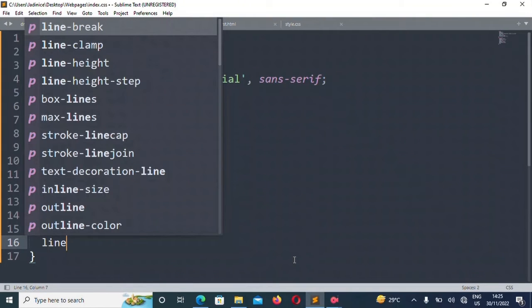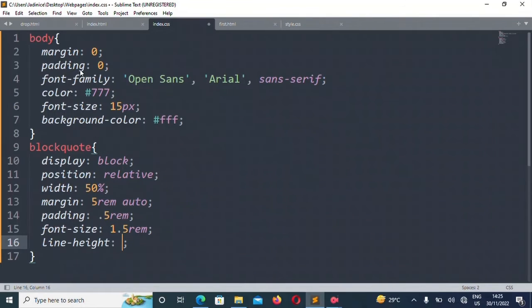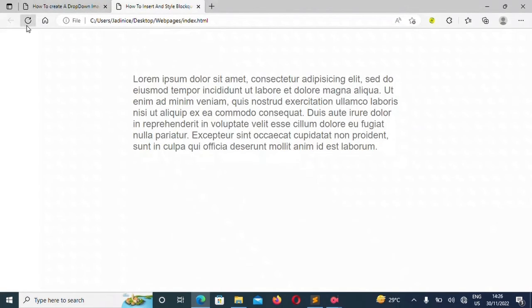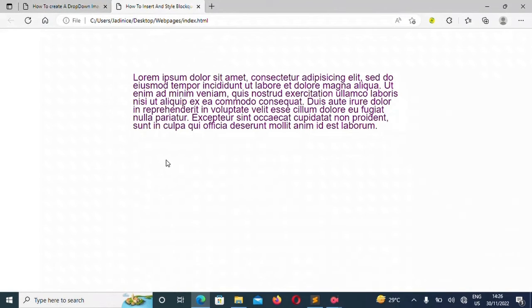The line height is the next thing we're going to add, 20 pixels. And then the color seems a little dim, so I'm going to add a color that stands out, more like purple. And with that, you can see it. The line height helped to adjust the text, and it helped it to be more composed, and the color has brought it out.